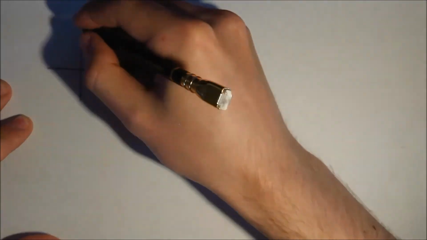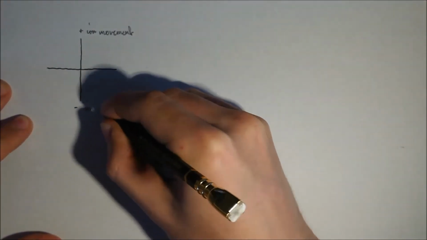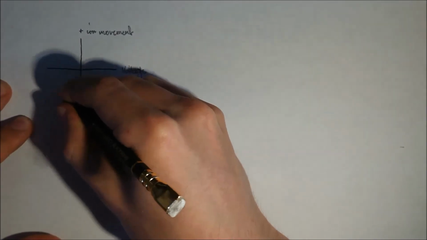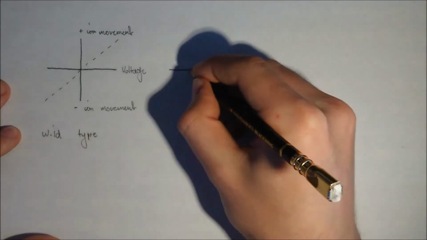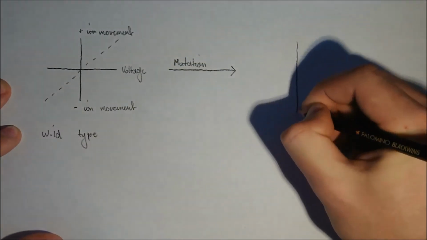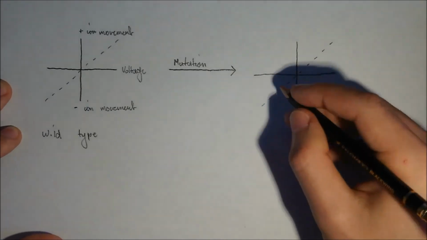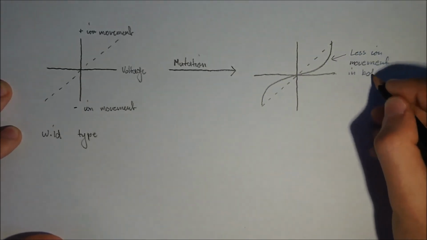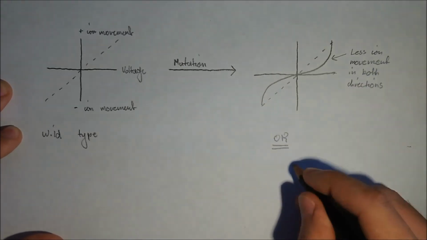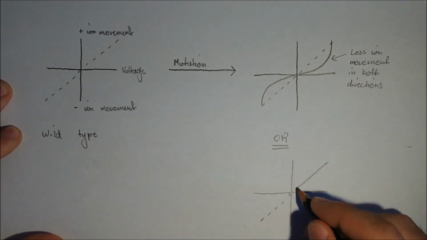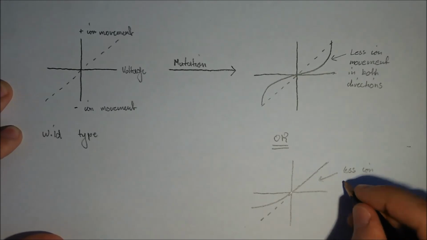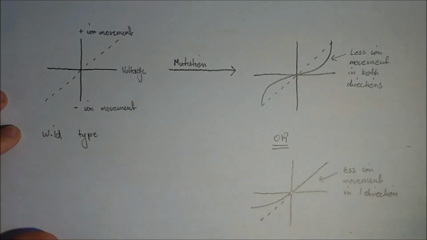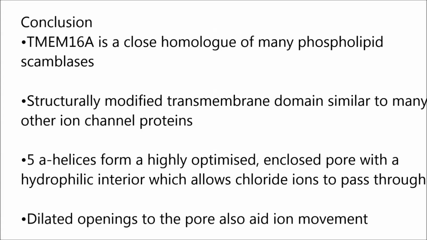Additionally, electrophysiology experiments highlighted the highly optimized nature of TMEM16A in its role as a chloride ion channel. Many point mutations reduced or diminished chloride ion flow, detrimentally affecting its physiological role as a bidirectional chloride ion channel. This showed that TMEM16A elegantly fulfills its role as an ion channel, despite being the evolutionary descendant of a phospholipid flippase. To conclude, TMEM16A is a close homolog of many phospholipid scramblases, however it features a structurally modified transmembrane domain